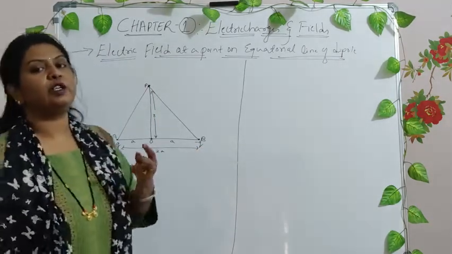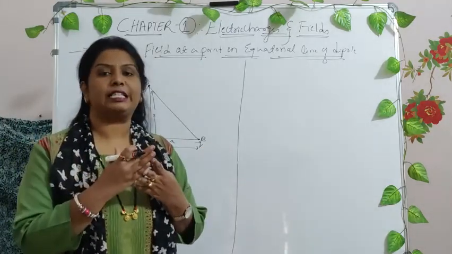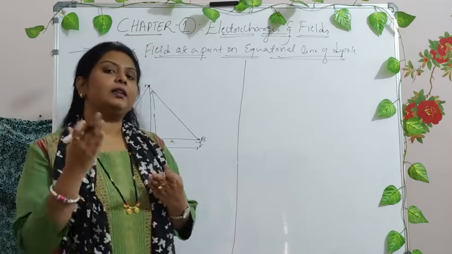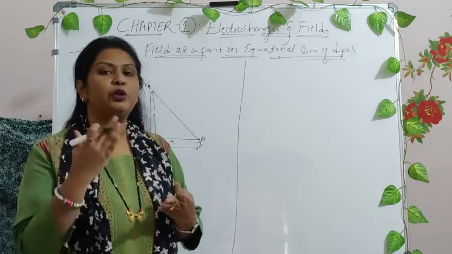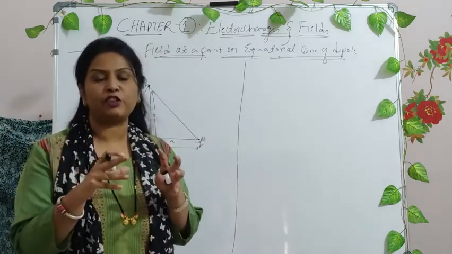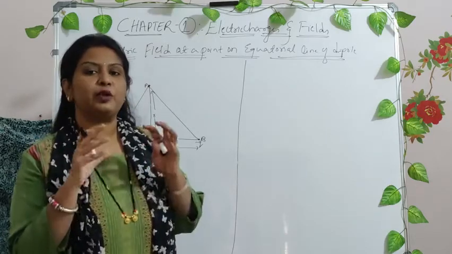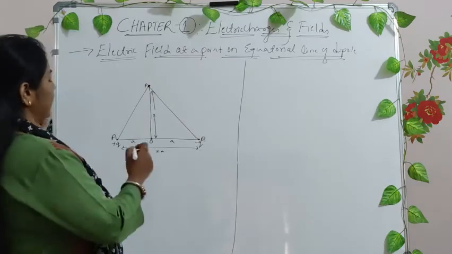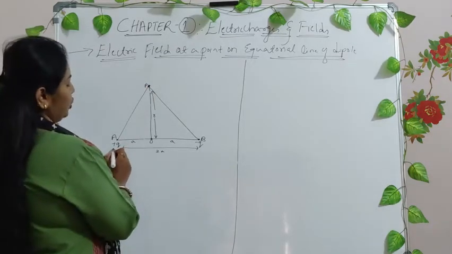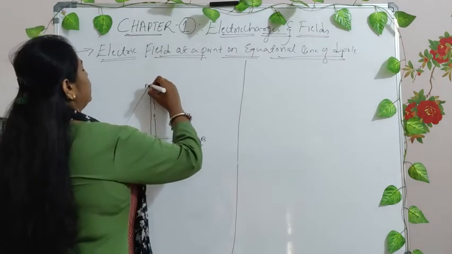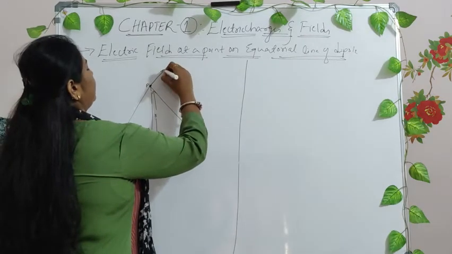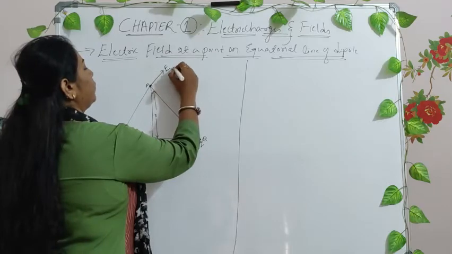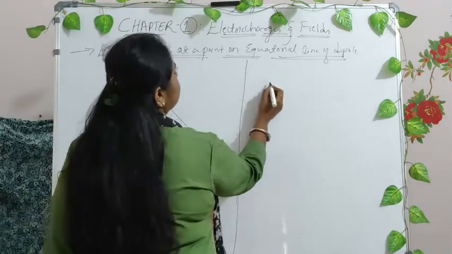So what you do here, you separately find first the electric field at point P due to the positive charge, and then the electric field at point P due to the negative charge, and then you make a vector addition of both the electric fields, then you get the net electric field at this particular point, right? Now say for example, when it is a positive charge, the electric field line at this point will be in the outward direction, right? This is for positive q. You understand why it is outward?